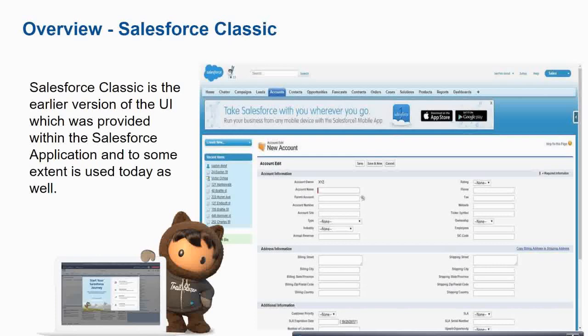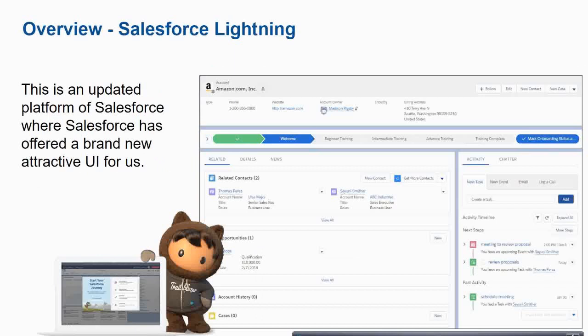This Salesforce Classic is the UI element, or the look and feel. This was the earlier overview when you logged into a developer org. So you get a view like this. This is Salesforce Classic. Now it's been upgraded by Salesforce to the Salesforce Lightning platform, and it looks like this. It's a prettier UI which is now provided by Salesforce, and you can always switch back and forth between these two UI overviews. Okay, so those are the UI elements.